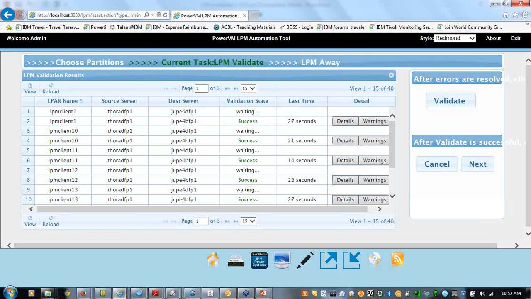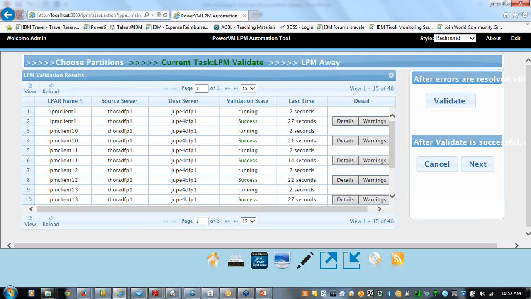So what we're doing here is we're going off and we issue HMC SSH commands from this tool. This tool is run on your Linux, Windows, or NIM server, or an AIX box, and it's doing SSH commands to your HMC. And we're issuing the HMC command called migration validate. You always validate, even from the HMC GUI, we always have a validate. So what we're doing here is we're going through here.